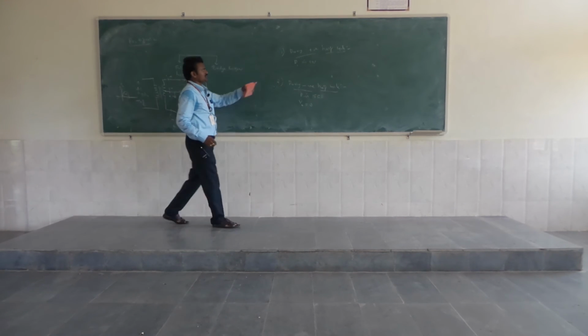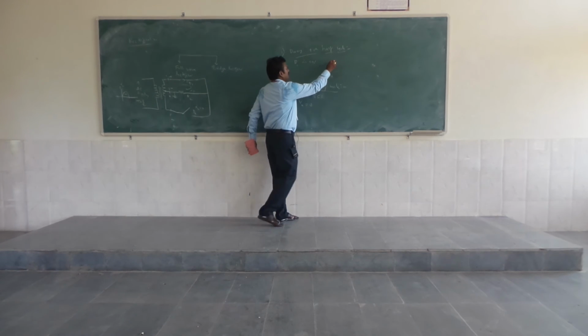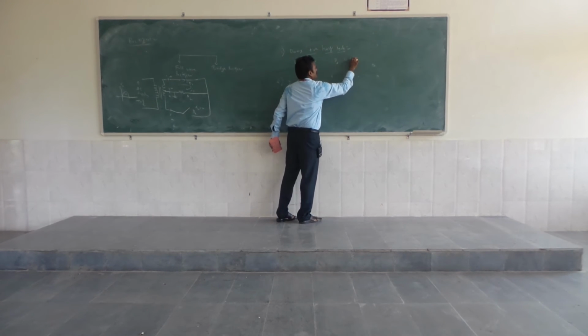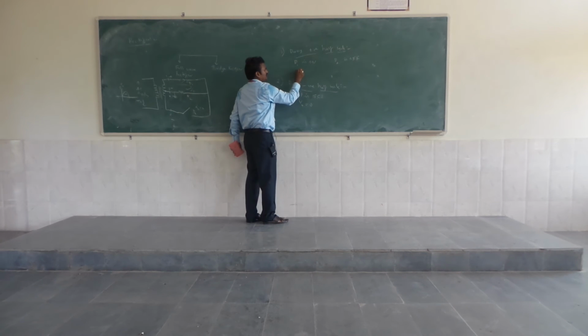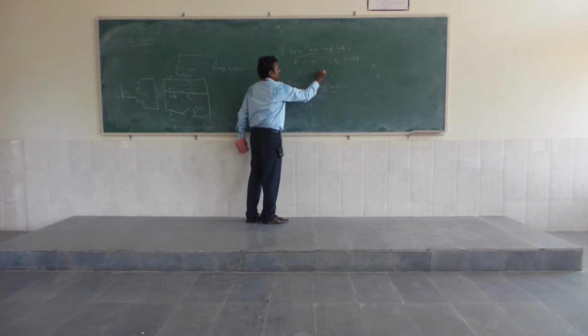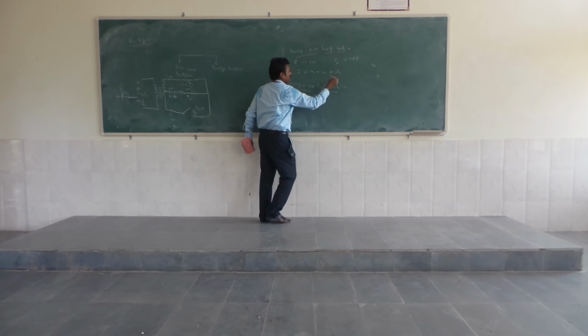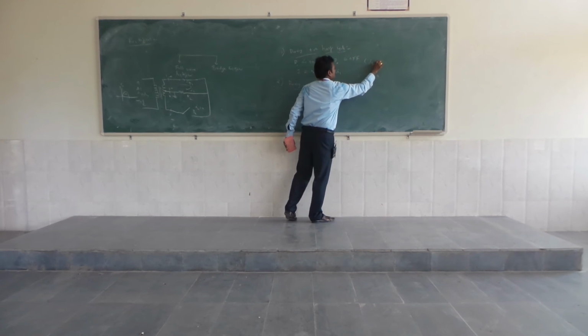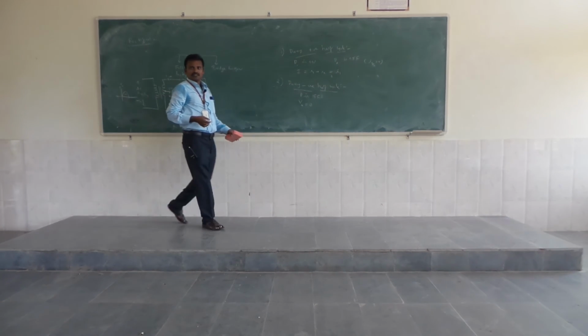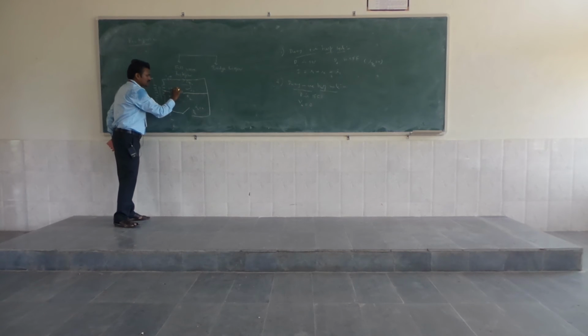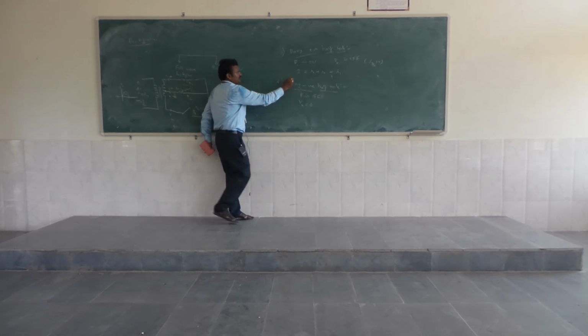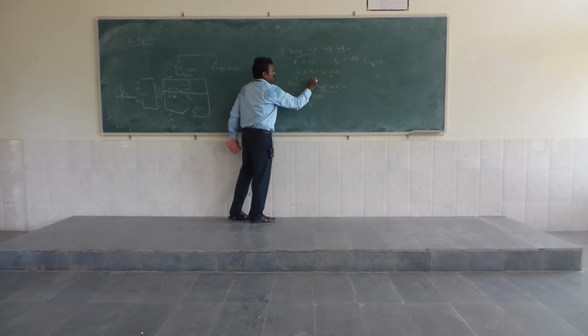So the conclusion is, during positive half cycle, D1 is on and D2 is off. Since D1 is on, the total current I is equal to I1 plus I2, which is equal to I1, because I2 is equal to 0. Next, V0 is the voltage across RL. So V0 is equal to I1 into RL.